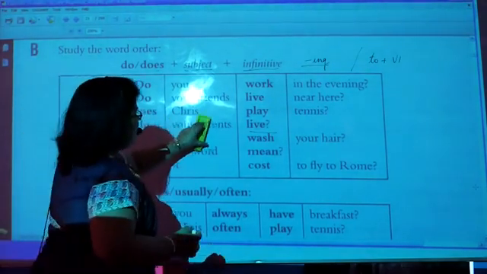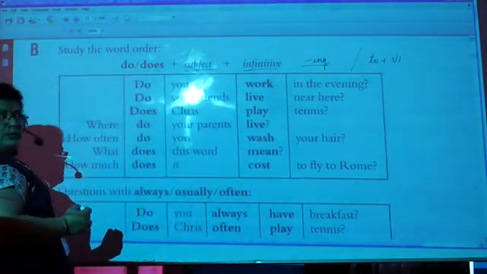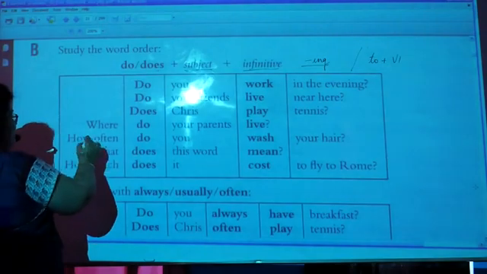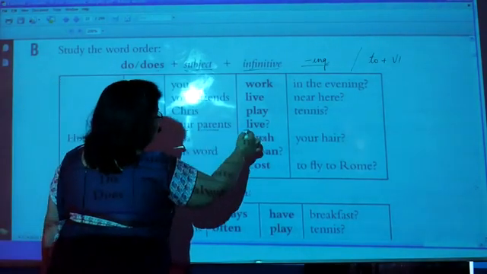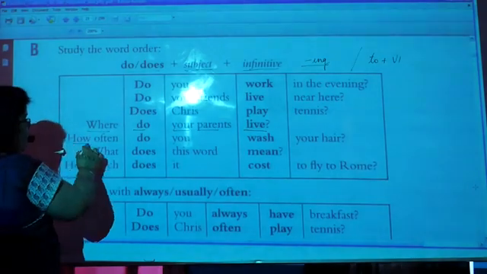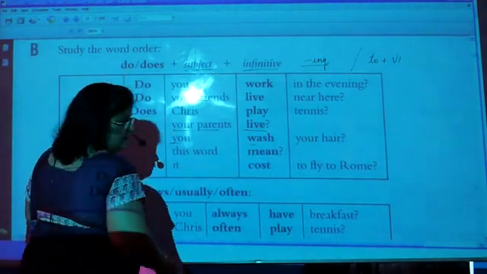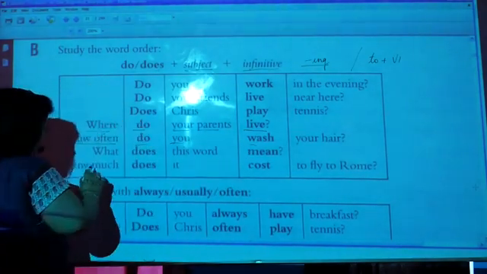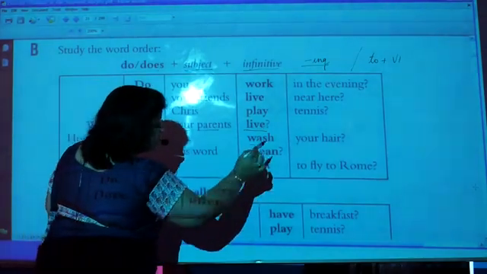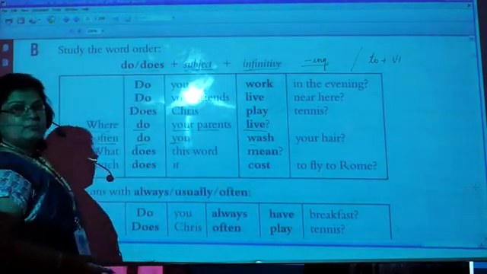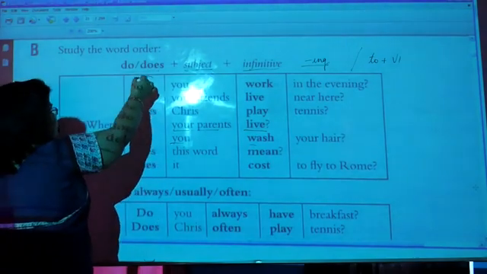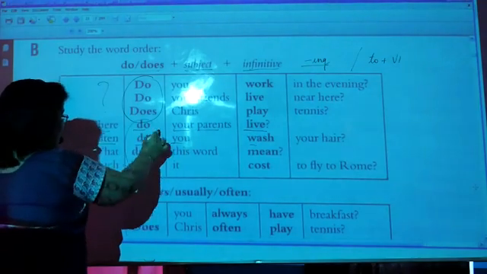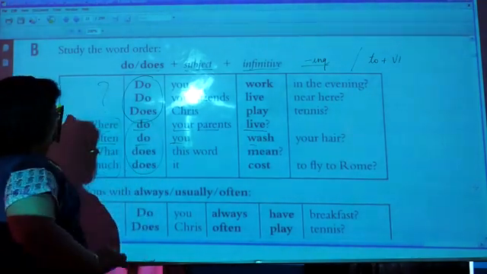Now, if we want to add a question word, वो कहाँ लगेगा? वो do does के पहले लगेगा. Where do your parents live? How often do you wash your hair? What does this word mean? How much does it cost to fly to Rome? Got it? So you can see कि जब हम do or does से बना रहे थे, हमने question word नहीं लगाया. यहाँ पे do or does से बनाया तो हमने लगाया means. ये जो part है